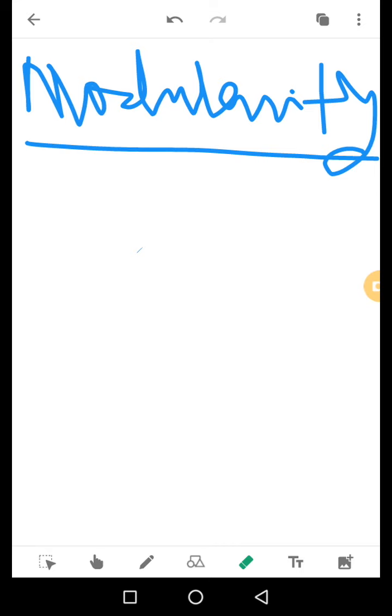How the rule of the system architecture will enable or prohibit the mixing and matching of components. So all these are called modularity. They are called modularity. So we want to have a look at